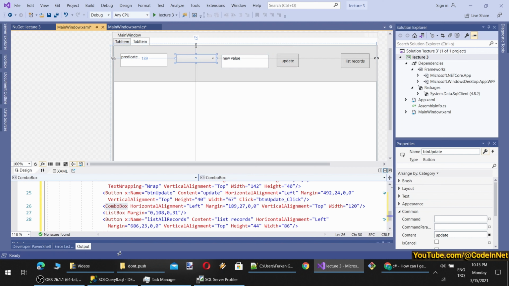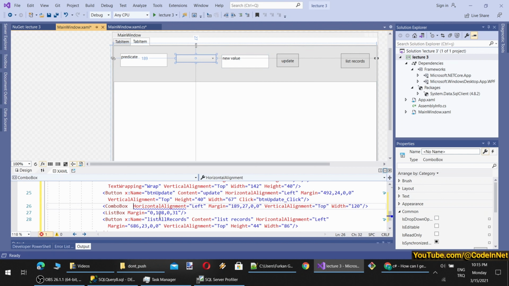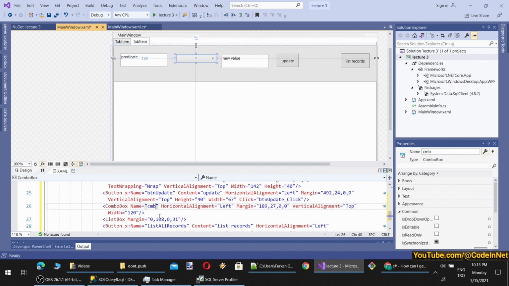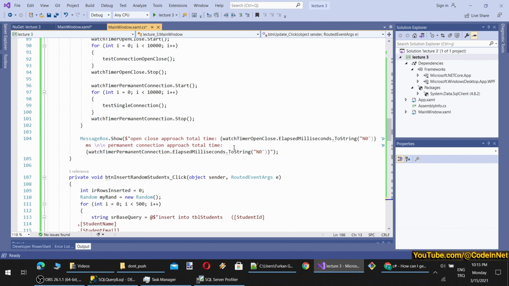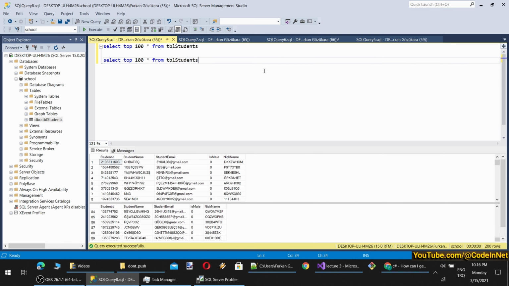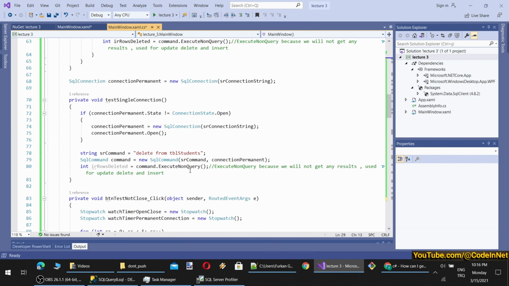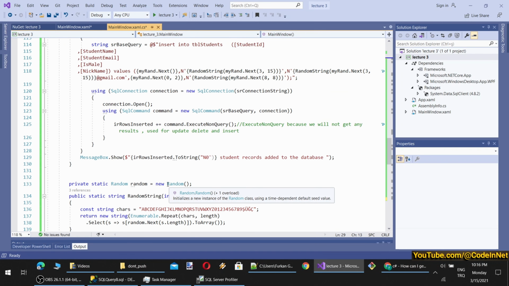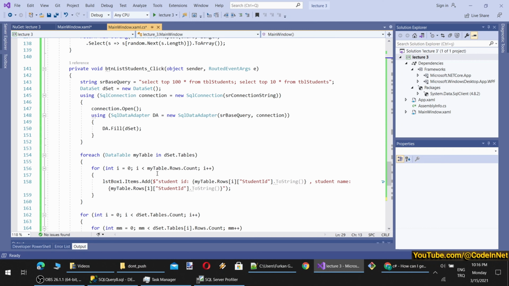First, we need to populate this combo box when the application starts. So CMB column names. Let's populate the combo box when the main window starts. What we are going to do is select top one all from TBL students like this. To do that, I have to copy paste code, and for now I will do it just to show you.